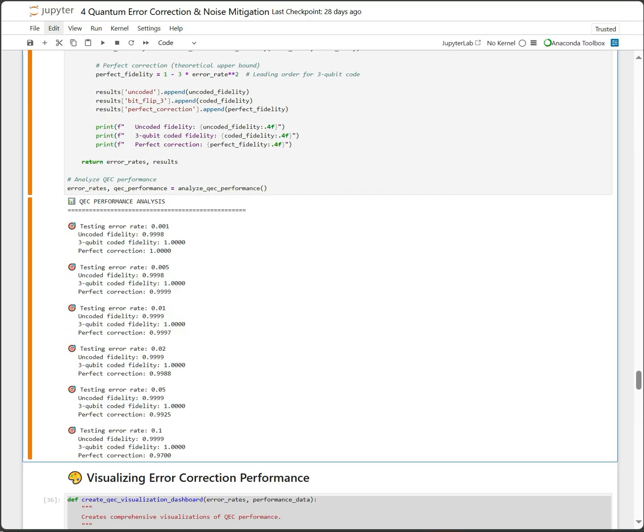But I prefer that you check these numbers by yourself. For example, for the encoded fidelity, when you get the 3-qubit coded fidelity or the perfect correction, you get 1 of fidelity. But if you don't do anything, you get a lower fidelity. And then, depending on the error that you apply, you're going to get different values. 3-qubit coded fidelity always gives you the highest one because you're identifying exactly the error, but perfect correction gives some differences. But one detail here is that